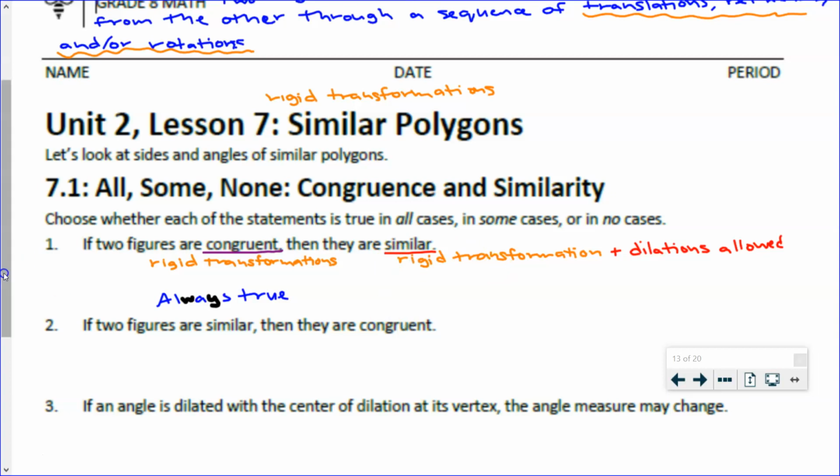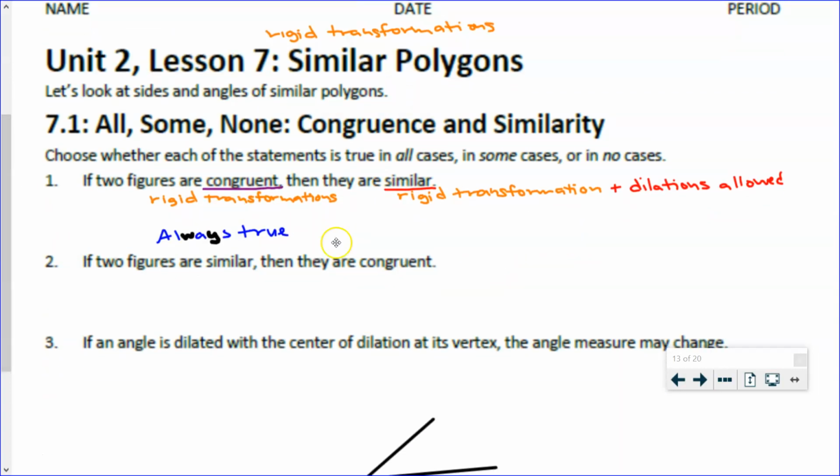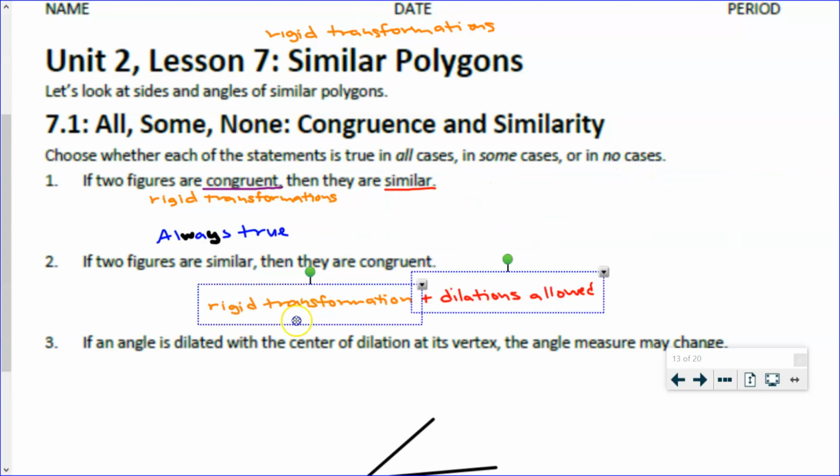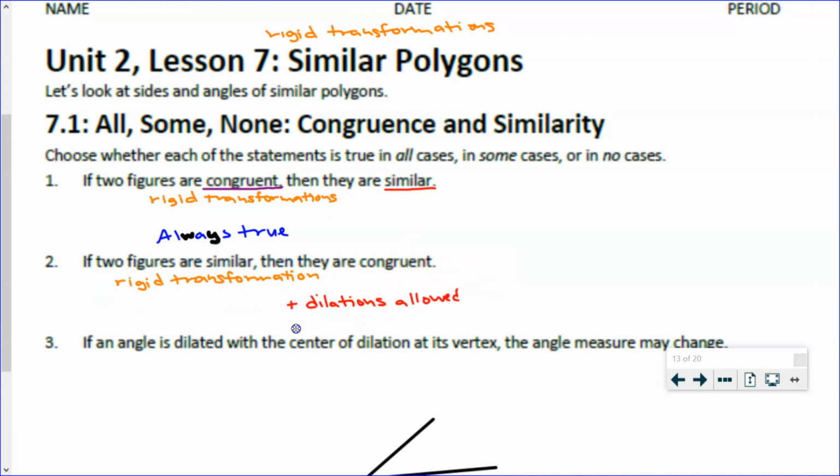But let's go backwards now. If two figures are similar, so again, that's me taking this, rigid transformations and dilations allowed, or congruent,